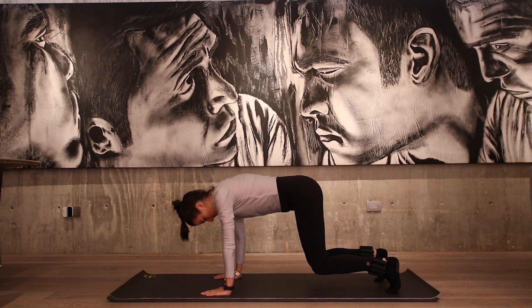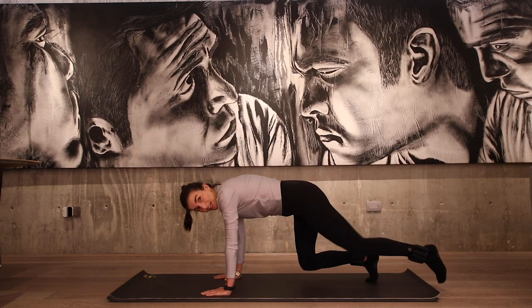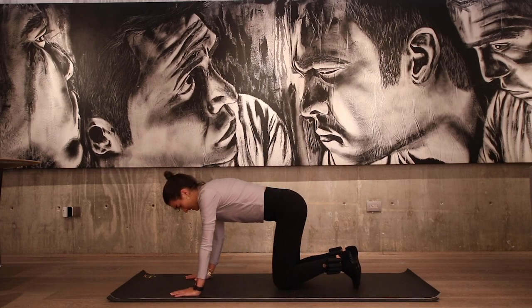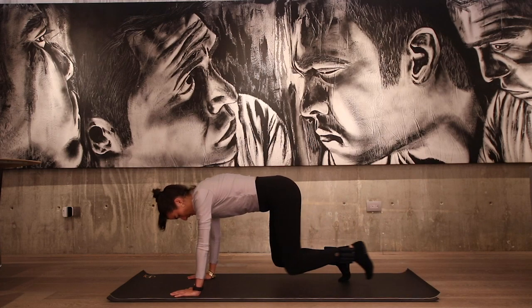Hold on this last one. Reach out, right leg back, left leg back. Bend that right knee in, left knee in. Bring those marches out into a plank, and then back to